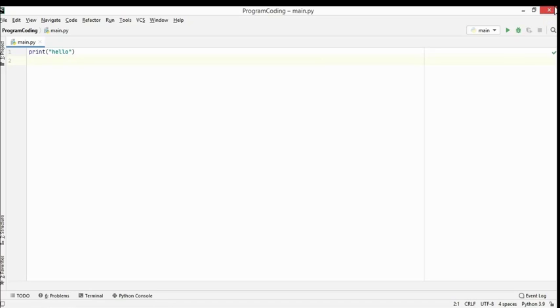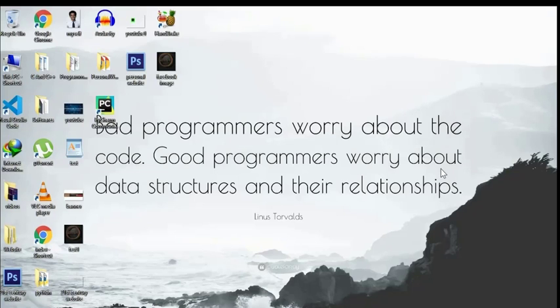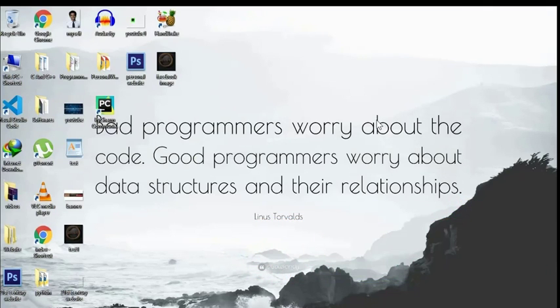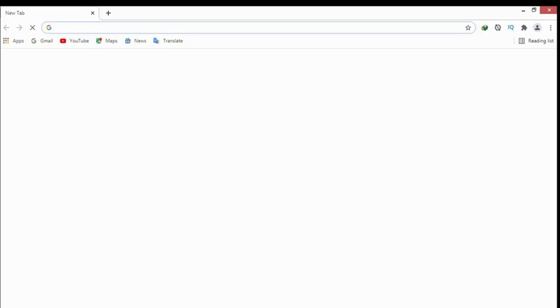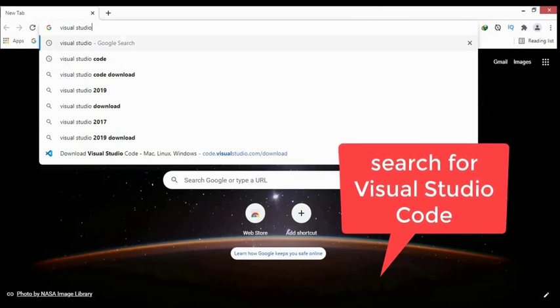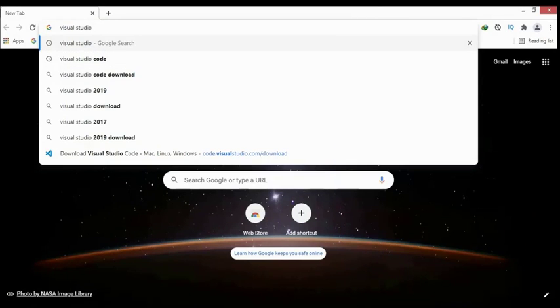Now just close PyCharm, turn on your internet, and then go to Google and search for Visual Studio Code. Okay, don't search for Visual Studio, because Visual Studio is a far heavier software than PyCharm.